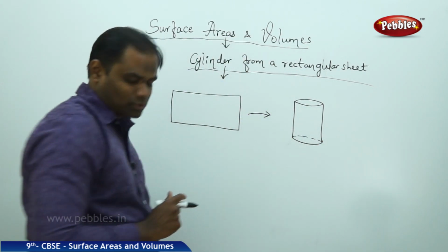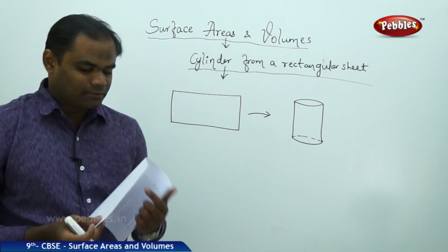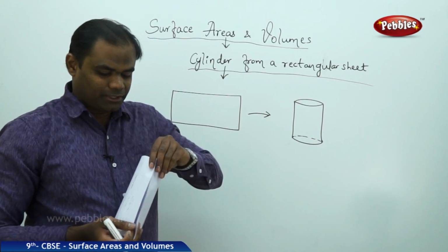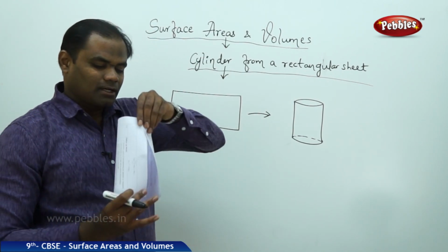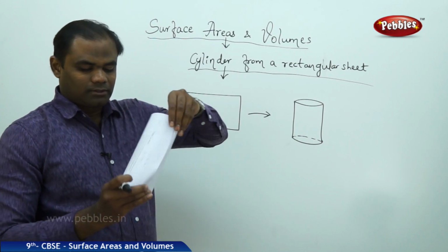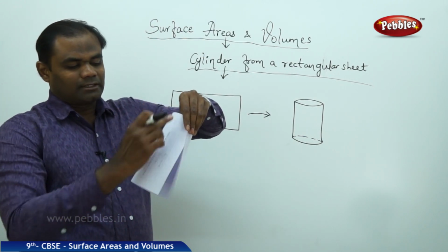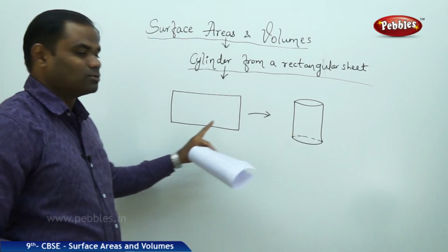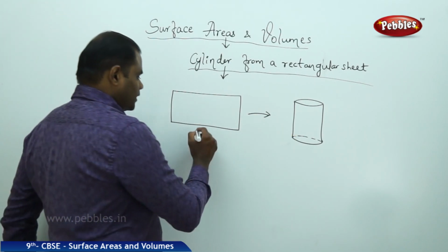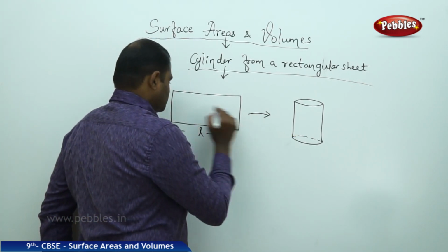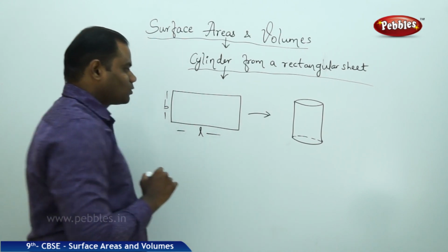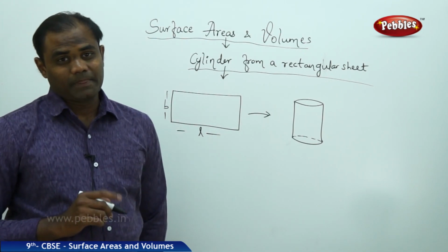It is very important to note that a cylinder formed from a rectangular sheet of paper is understood with what could be the length of the cylinder when compared to the rectangle. If the rectangle has the dimensions length and breadth,